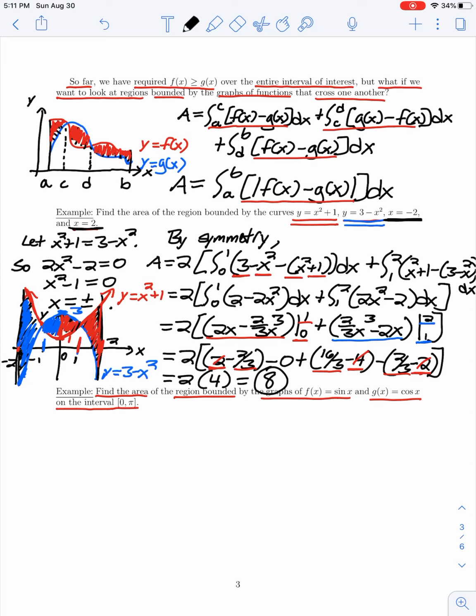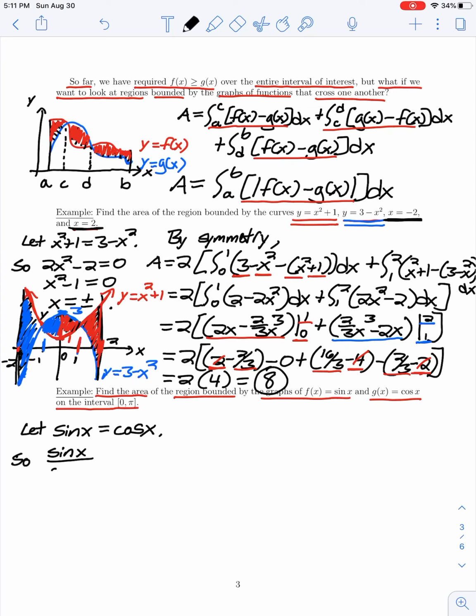And we would start by looking for points of intersection of these two functions. So here we would find those by setting the functions equal to each other. That is, let sine of x equal cosine of x. And it's not quite as simple to determine our values of x here. So perhaps if you are very familiar with the unit circle, you know the values of x immediately for which sine and cosine are equal to one another. But if not, we could solve algebraically,